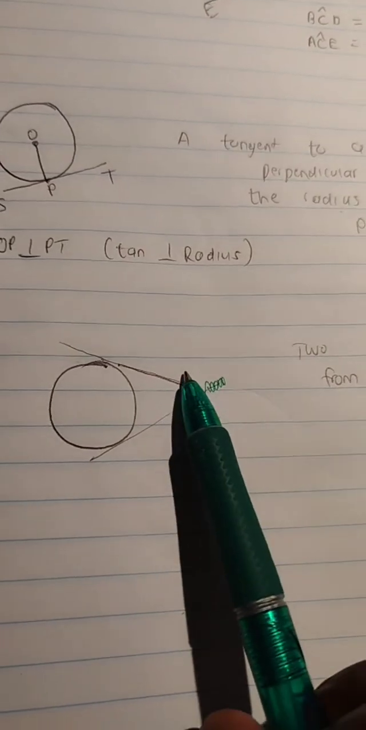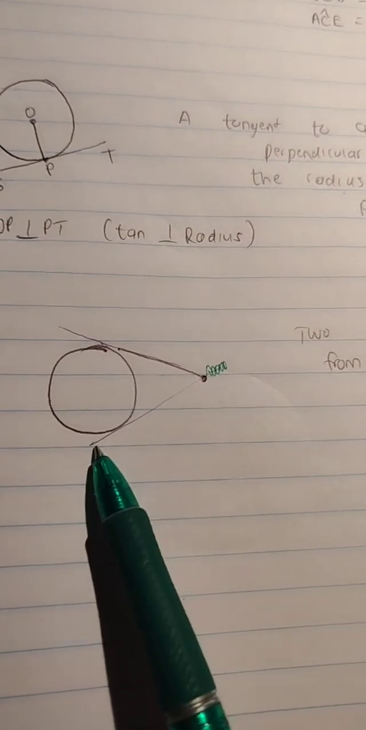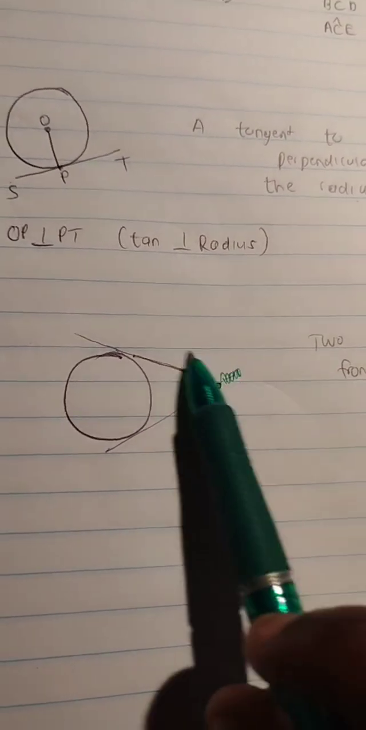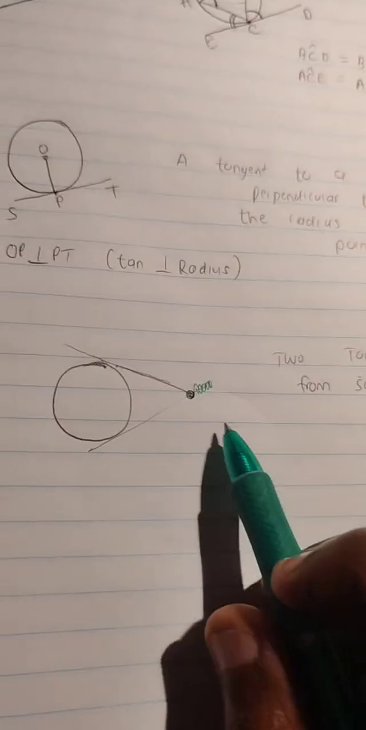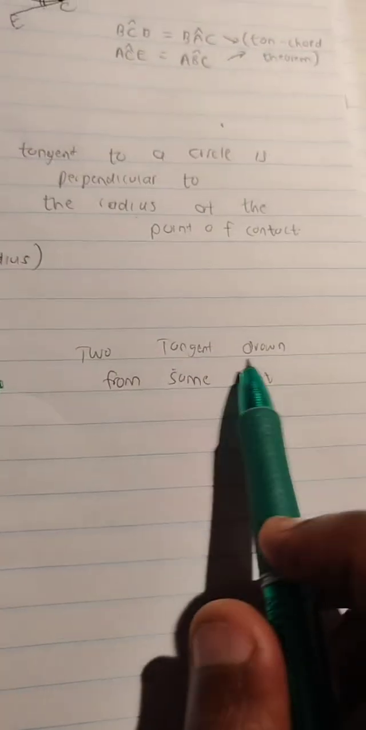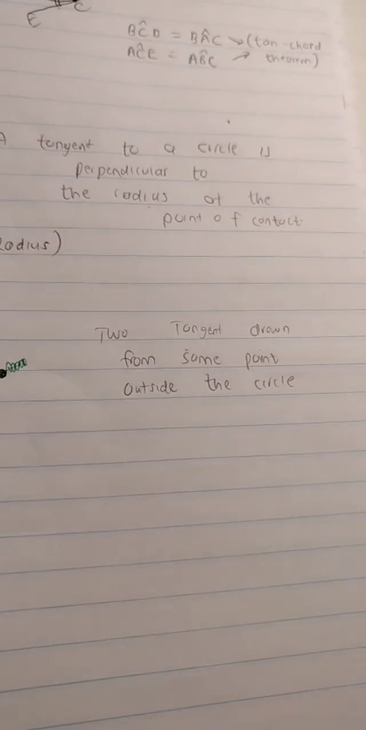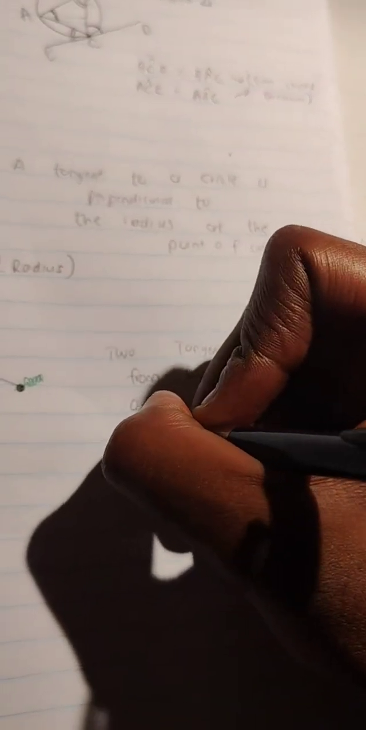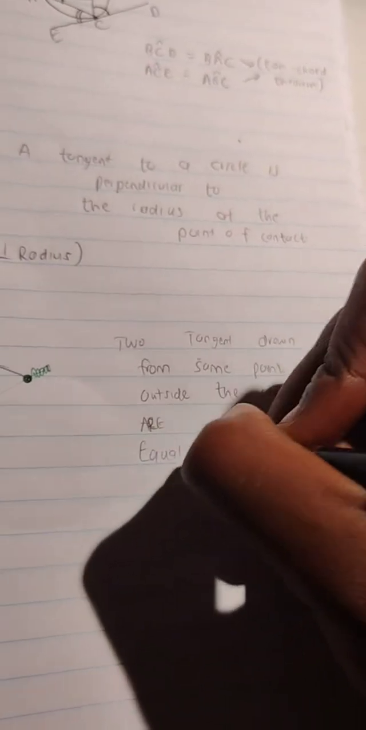Okay. So this one is saying two tangents drawn to a circle. If you have this tangent and then you have that tangent, they are drawn from the same point. This is the same point that these tangents are drawn from. Two tangents drawn from the same point outside the circle are what? What is the conclusion we can make? They are equal